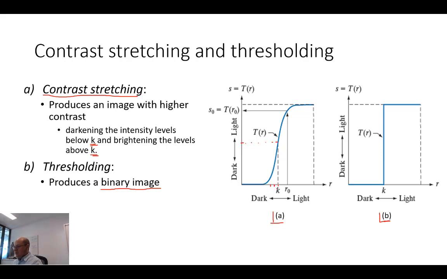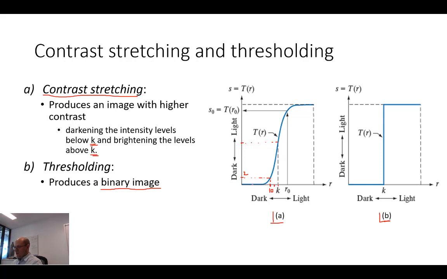So for instance, let's pick a pixel that's below K. Let's say this pixel has value 10, just for the sake of an example. Given this transformation, this pixel is going to be mapped to a value, let's say 2,